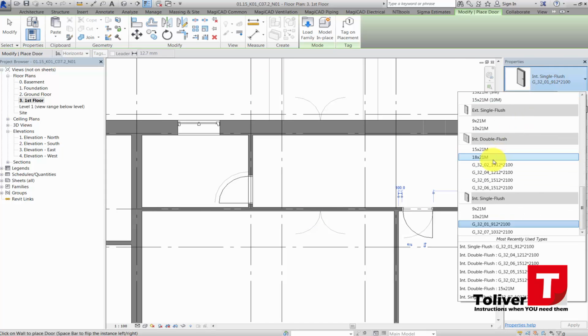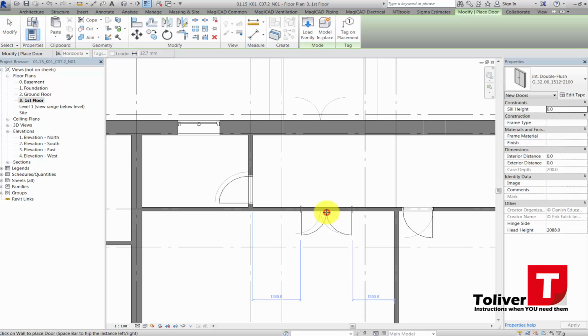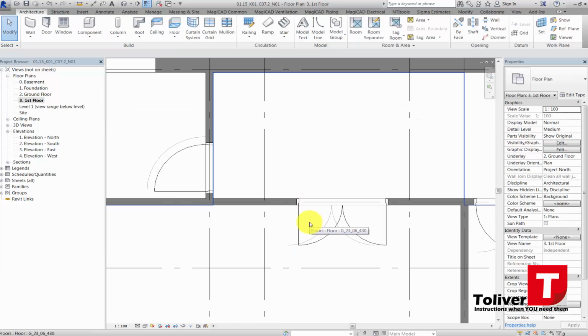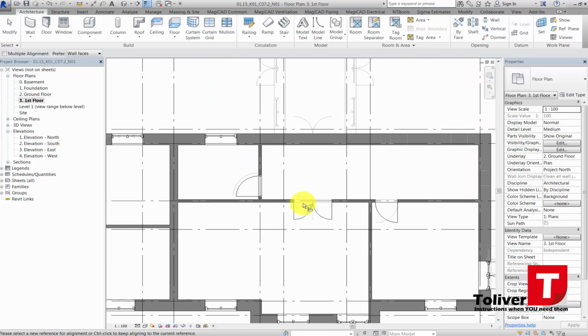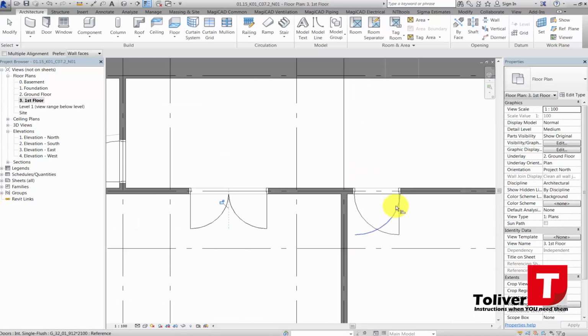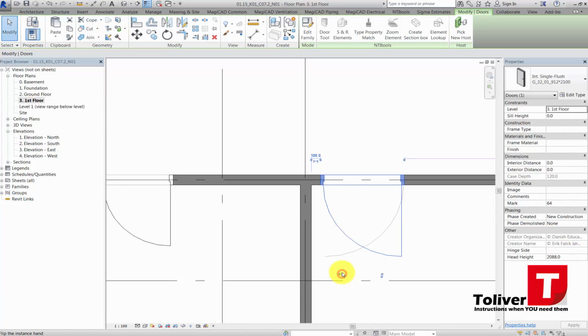So if I go up and say number 6, place it like that, press escape, press AL for align, choose that one and choose this one, then I know they're aligned exactly over each other. Escape and flip this window, or door, sorry,